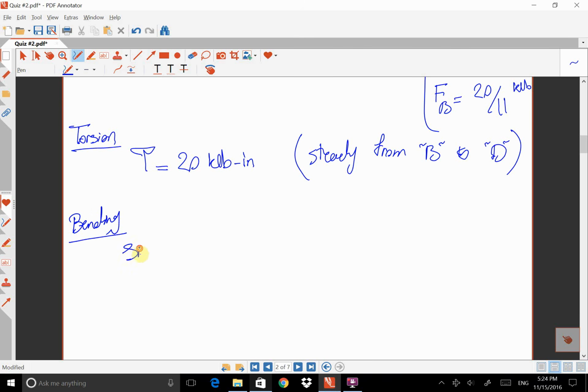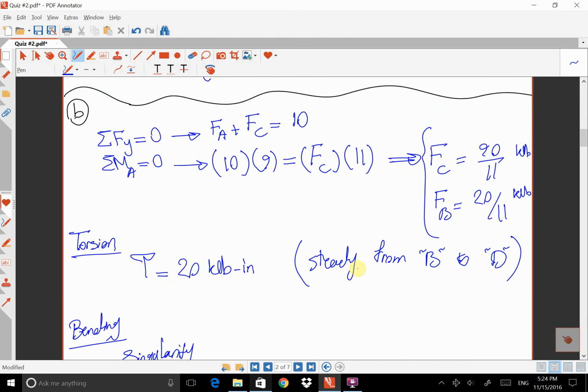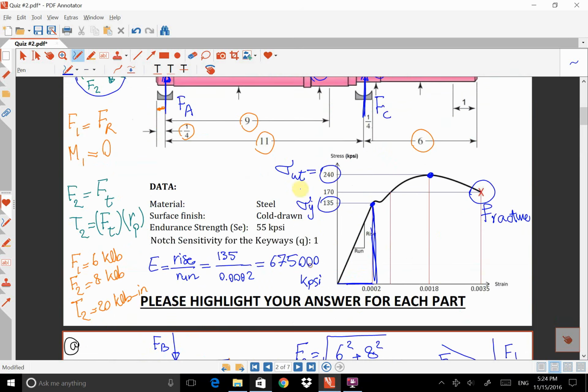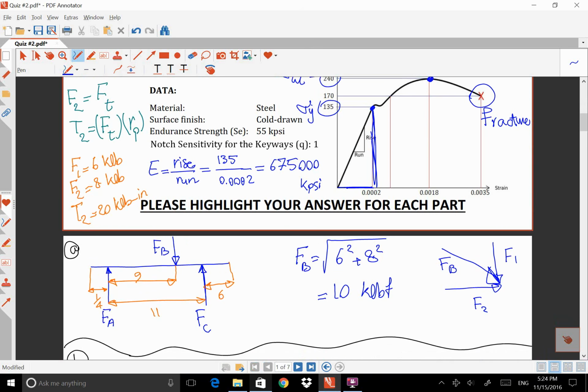And if you have any questions about this function, there is another video on my channel that you can check out. So in this case, if I want to use singularity function, I'm going to put my origin